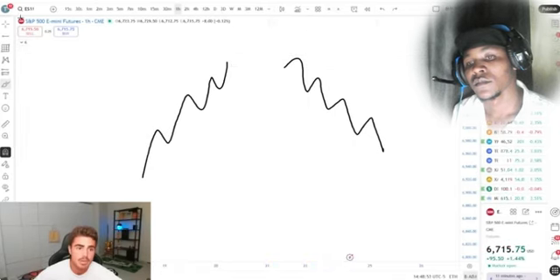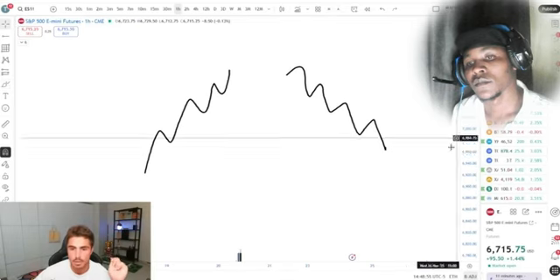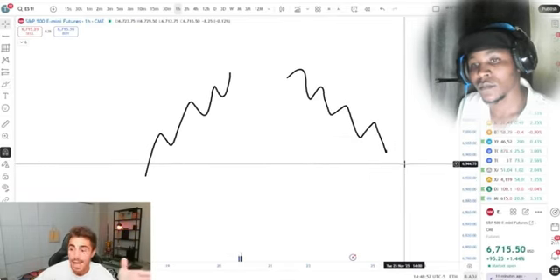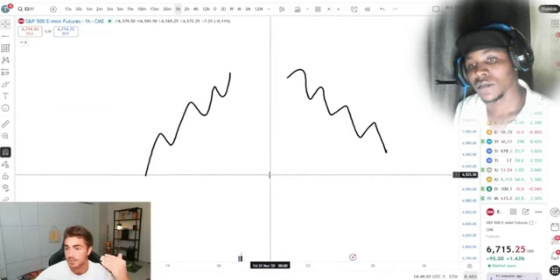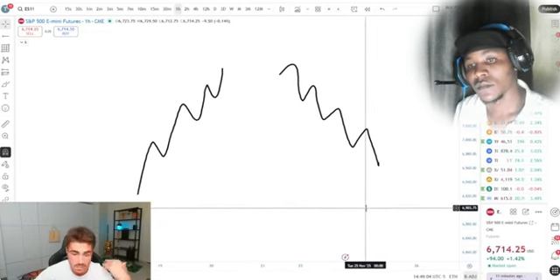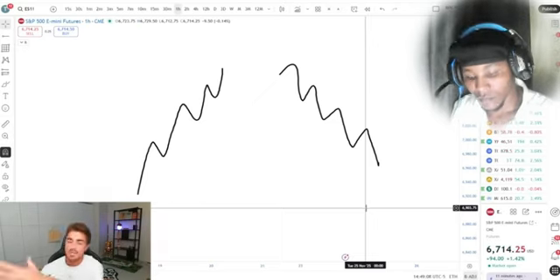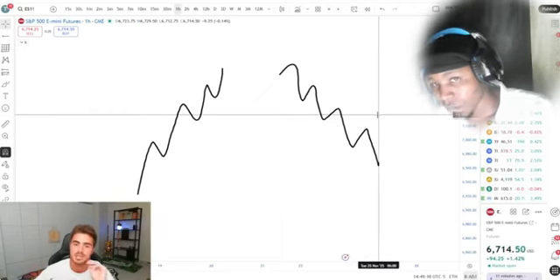And the only way to do that is by being able to identify liquidity. And again, where does the liquidity lie? Above highs and below lows. So we're not trying to be trend traders. We're trying to be reversal traders. That's what's worked for me. That's what my entire strategy is based off of. It's based off of liquidity sweeps and then seeing a trend form out of that so that we're able to either catch the